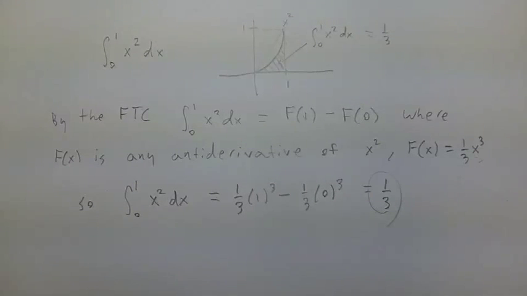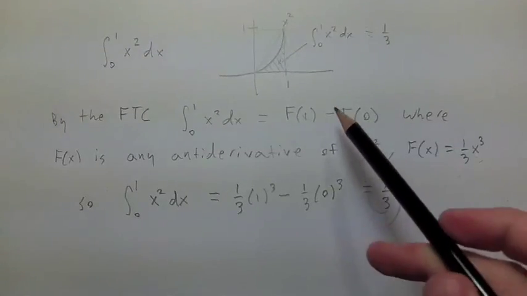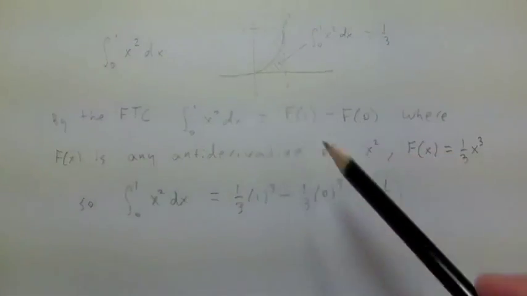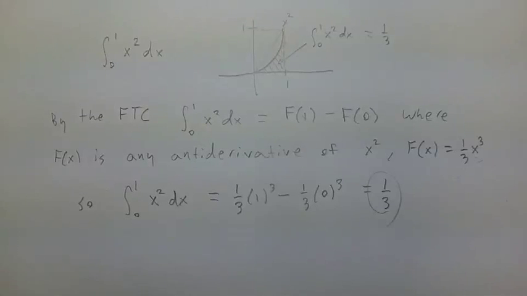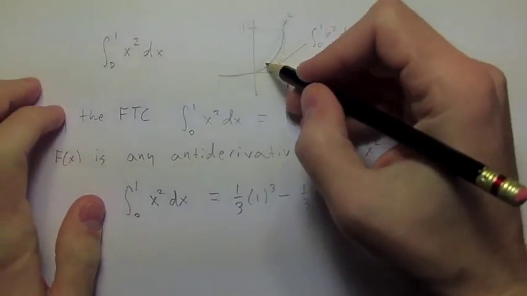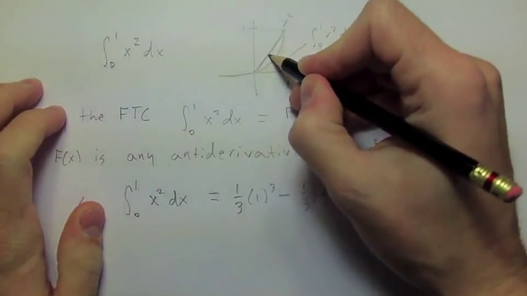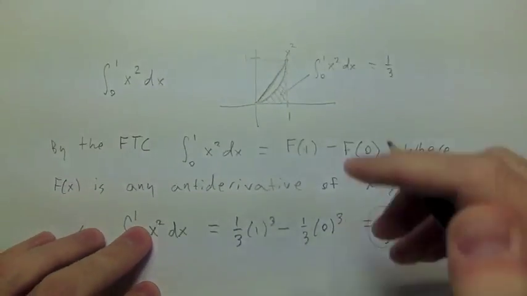Okay, now you might think, well, how do we actually know that this is right? I mean, it satisfies what we wanted. I mean, it's less than a half. But let's integrate using the Fundamental Theorem of Calculus something where we actually know the area, something that we know what we should get out. And I submit that we do the triangle that we just talked about. All right, this triangle here